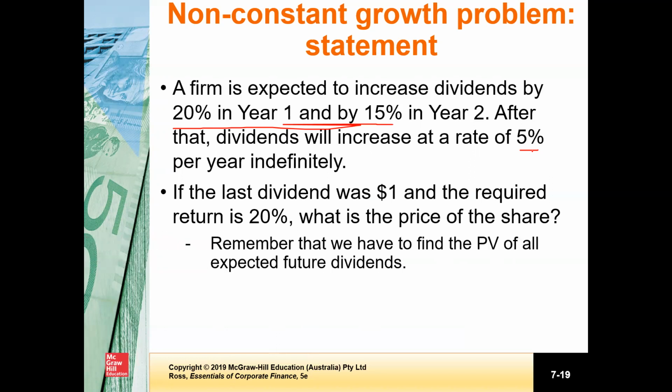Okay. So what we need to do essentially is find out the present value of all future expected dividends. Now, theoretically, I can tell you that you should estimate year 1 dividend, year 2 dividend, year 3 dividend, and find out the present value of all of them. And from year 3, as it becomes constant, we already know how to apply a constant growth model, right?